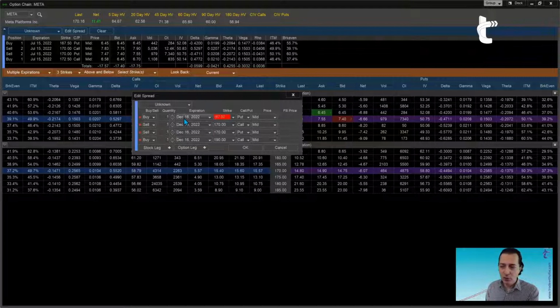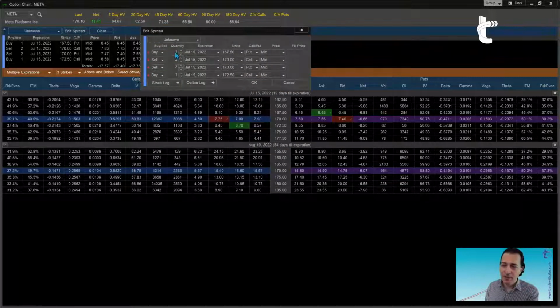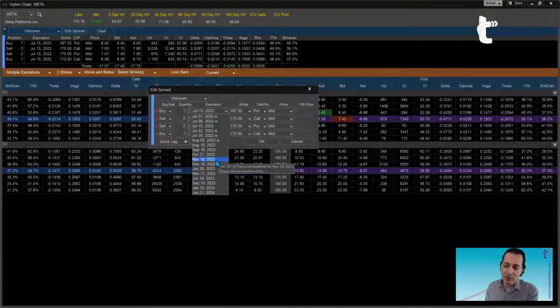So in other words, if you want to change them and have them all different, you always need to start from the one on the top, knowing that changing the one from the top is going to change them all from top to bottom. And then you would just go and change the other one you want to be different. Okay? And of course, when I change the date, let me cancel and go back to edit spread. Because when I started, I built this trade the way I did, and it gave me predefined strikes. The problem is that if I change the date, not a problem really, the case, I should say, is not a problem, it's just a case.